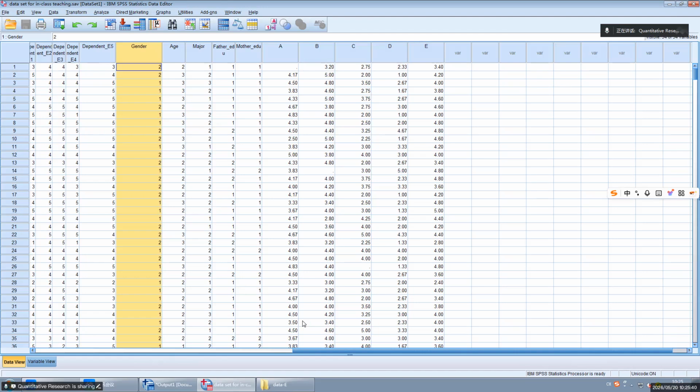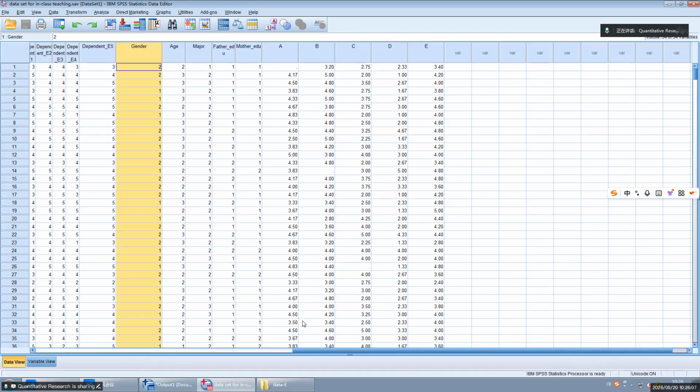For example, in this gender, if it is 1, I know it is male, right? So in this dummy variable for male, it will be 1 because it is male. In this dummy variable for female, it will be 0.